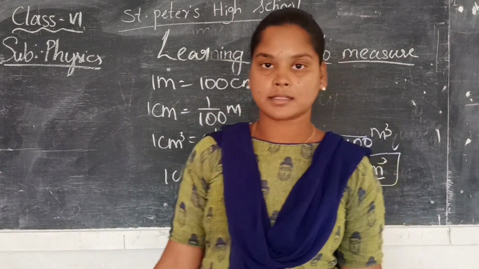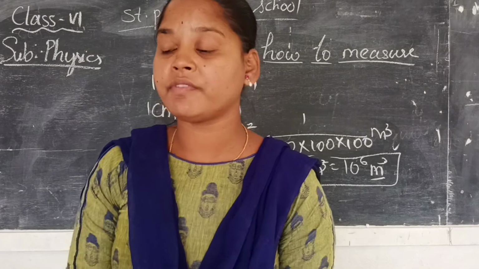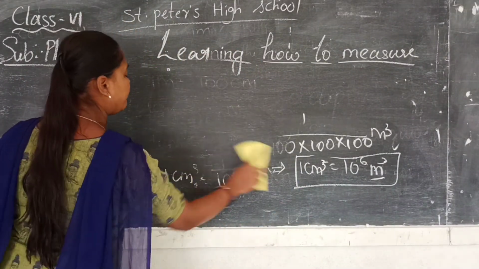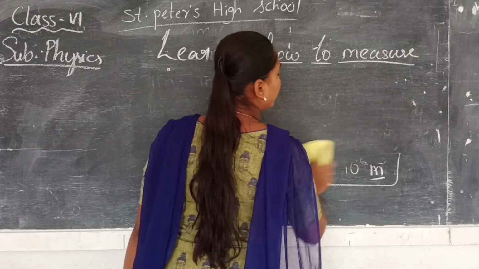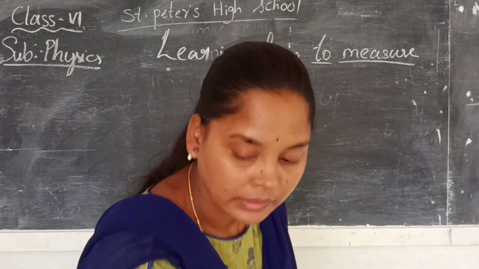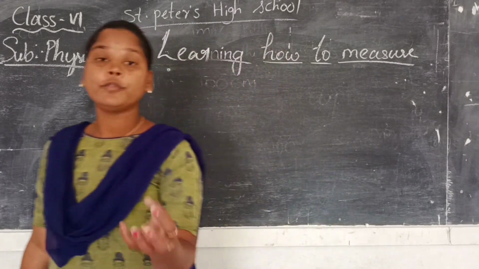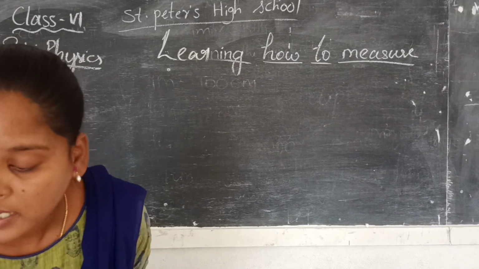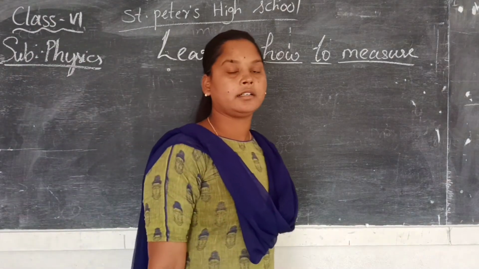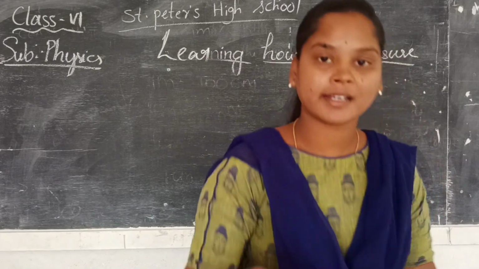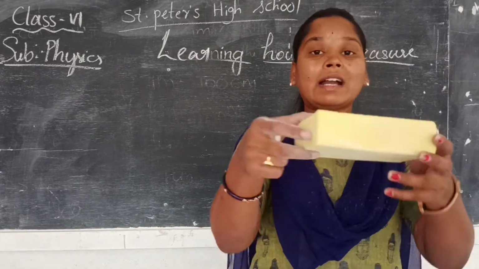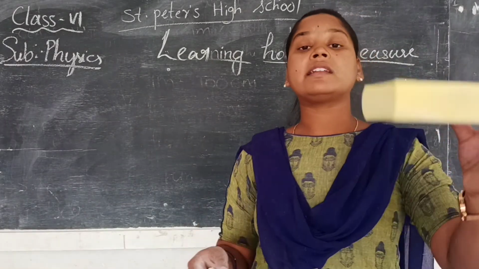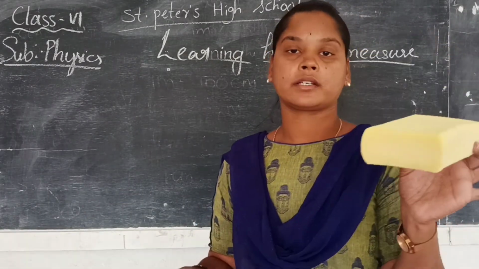And next is mass. If you want to buy some vegetables or any groceries from the grocery shop, mostly it will connote mass. That is nothing but the actual content present in the substance, which is called mass. Mass is the amount of matter contained in it. If you take the duster, what content is in the duster? Either 2 grams or 3 grams or 10 grams. That 10 grams will be the mass of the object.